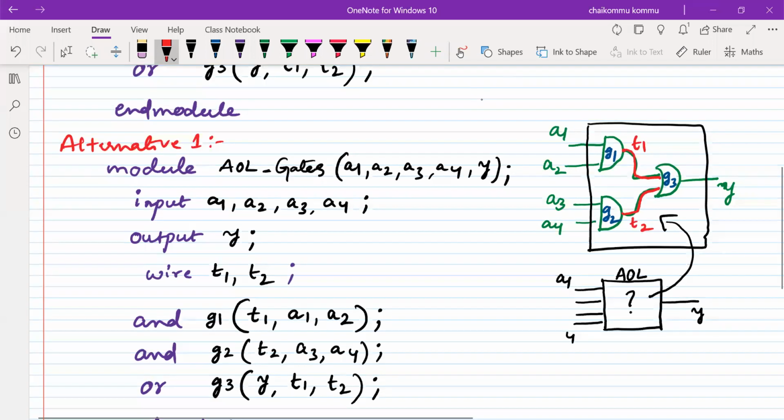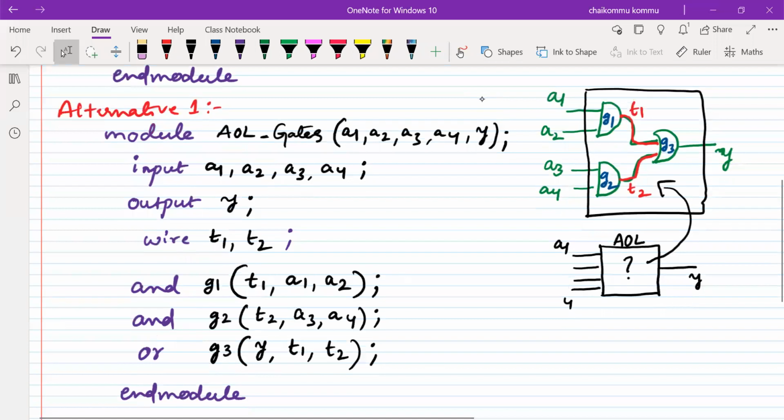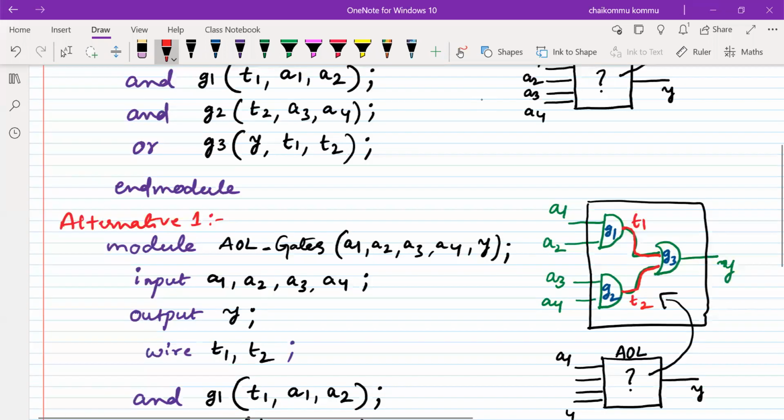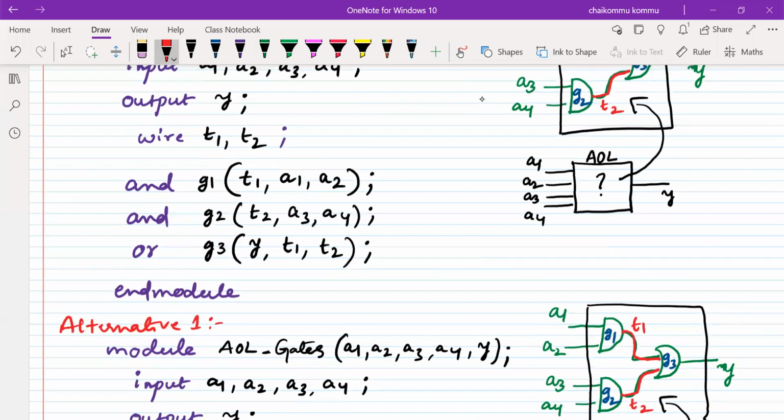What I'm going to do here is that, if the same gates are there, G1, G2 are the same gates. Before going to that, I'm saying that these names G1, G2, G3 are optional. If you are not using G1, G2, G3, it does not have any problem.